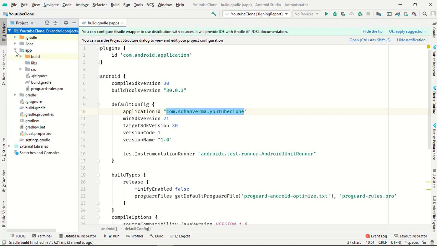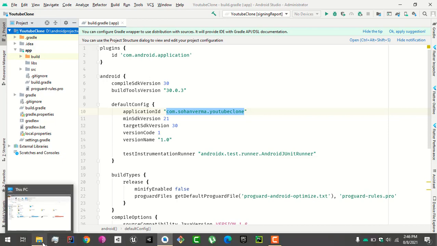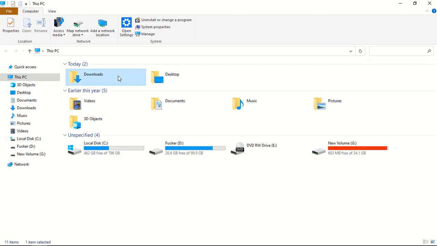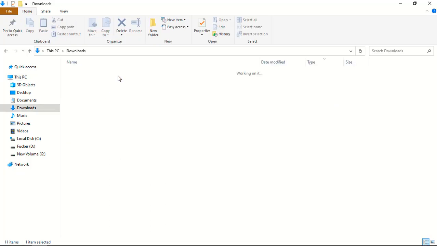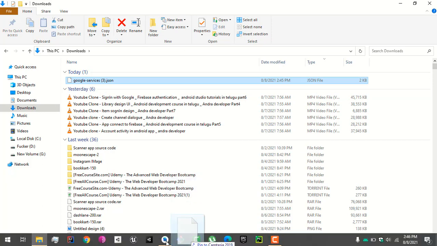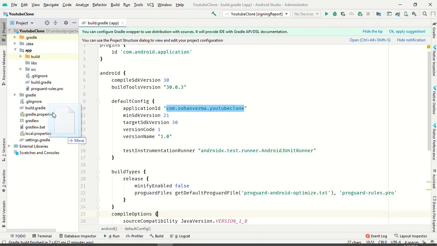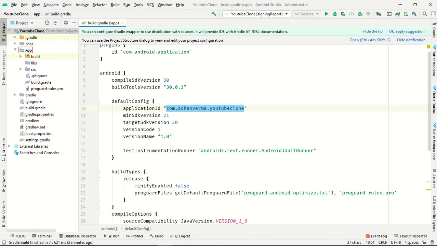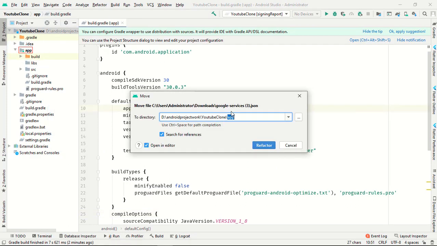Yeah, under app, we have to paste our JSON file in the app folder. Copy this and paste it in the app folder, then refactor.